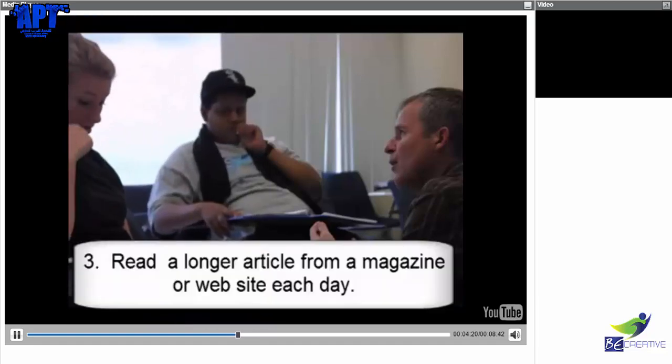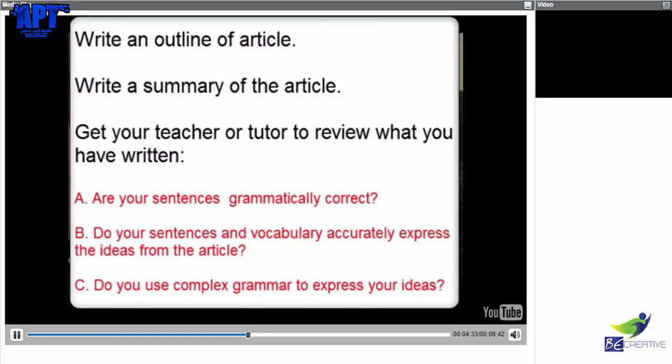Tip number 3. You can read one longer article in English. You might pick a magazine, you might pick a website. Do this daily. Now, as you read this article, write an outline, then write a summary of it in English as quickly as you can. Now, ask your teacher to review your summary, if you have a teacher or access to a teacher, to see if your sentences are grammatically correct and if your sentences and vocabulary have accurately expressed the ideas from the original